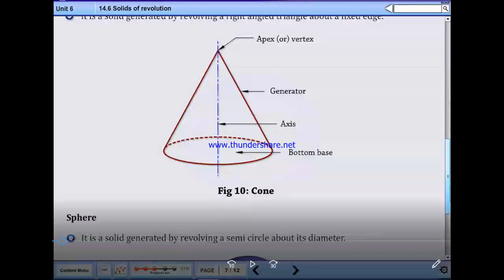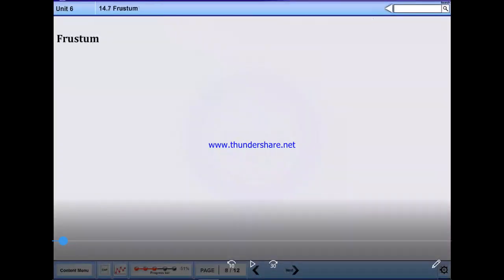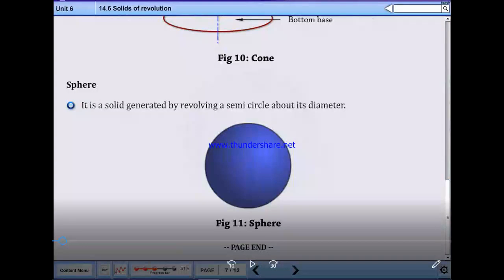Similarly, sphere: it is a solid generated by revolving a semicircle about its diameter.